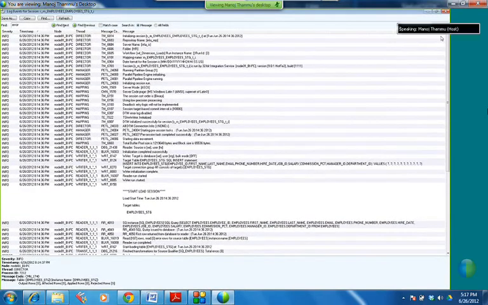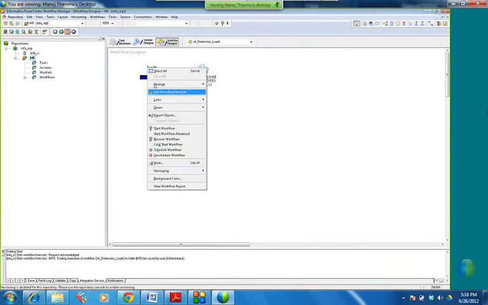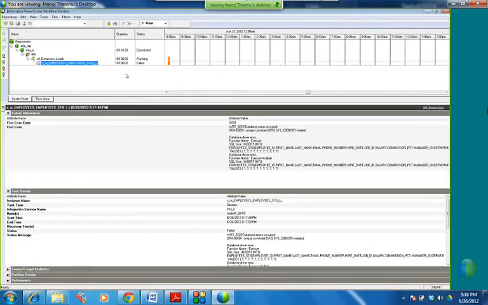So how does this session log and how does Informatica work? I'll tell you a little bit of the concept here. When you run a session, right click and start task, start workflow from task, Informatica will initialize the DTM. It's an administrator concept, but you need to know at least the concept.